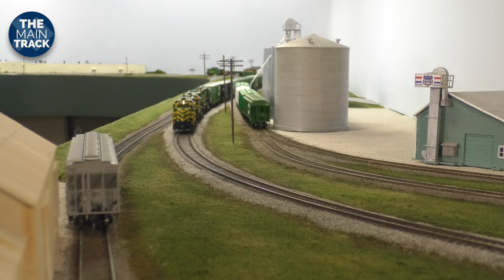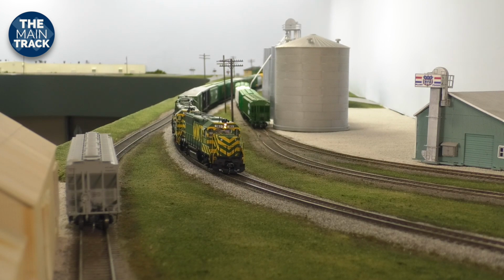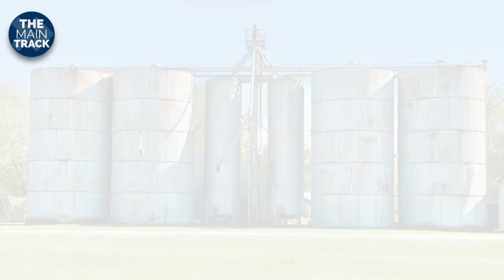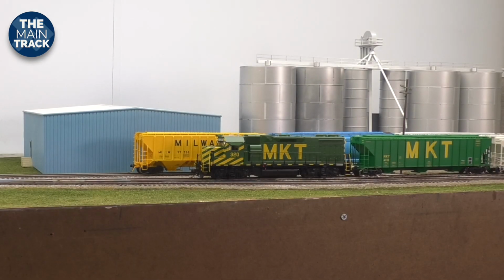Well, as you can see, I had the track work, ballasting, and a lot of the scenery done down to this curve. And you'll see I have a grain elevator in the works here. You can tell from the pictures it's not the permanent Sedalia elevator. For now, what I have in place are parts that'll make up the Green Ridge, Missouri elevator that'll be on the other side of the layout eventually. I simply put this in place just for now so I have an industry to switch and to serve